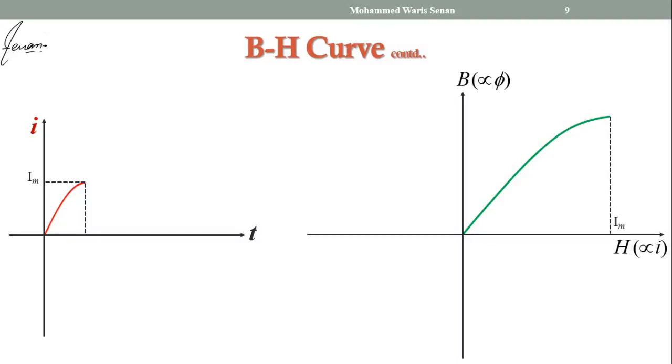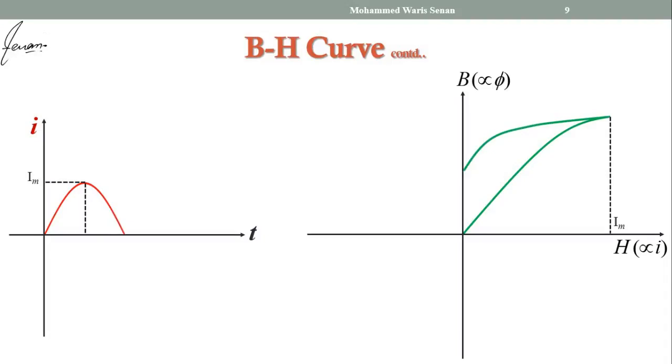During the increment of H, the alignment of dipole moments is high, but the de-alignment is somewhat smaller. So we'll find that the BH curve will not follow the same path, but will follow another path